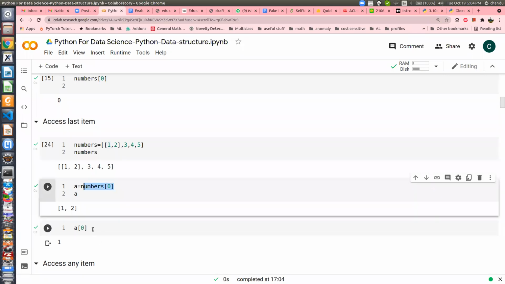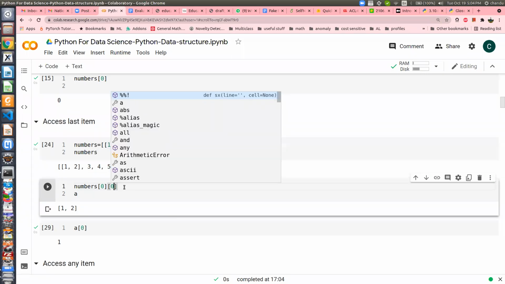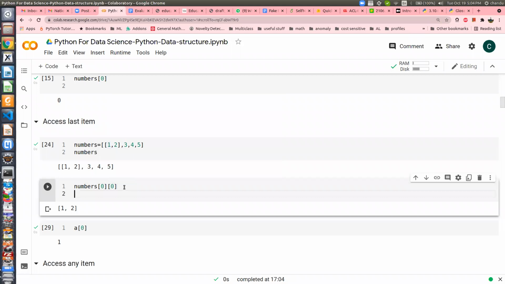So this is a very awkward thing, a very big command to access just one item. In order to shorten this whole thing, what I had done earlier was this. If I club these two commands together and put a square bracket and type 0, that's it. I will get my 1. Basically these two commands I have clubbed in one.